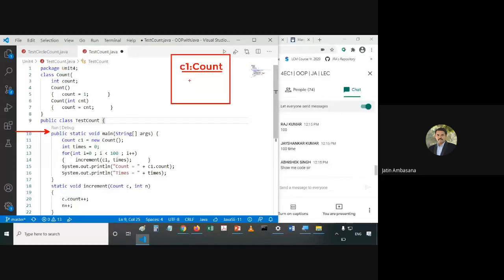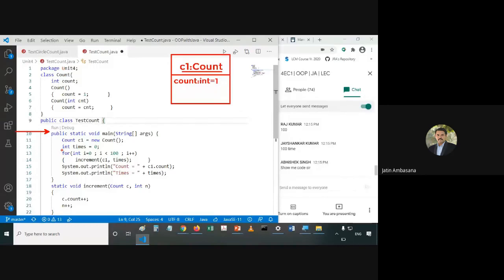It has a variable called count of type int. Since we are calling the default constructor, the controller will go over here and set count equal to 1. So by default, this count value has value 1.